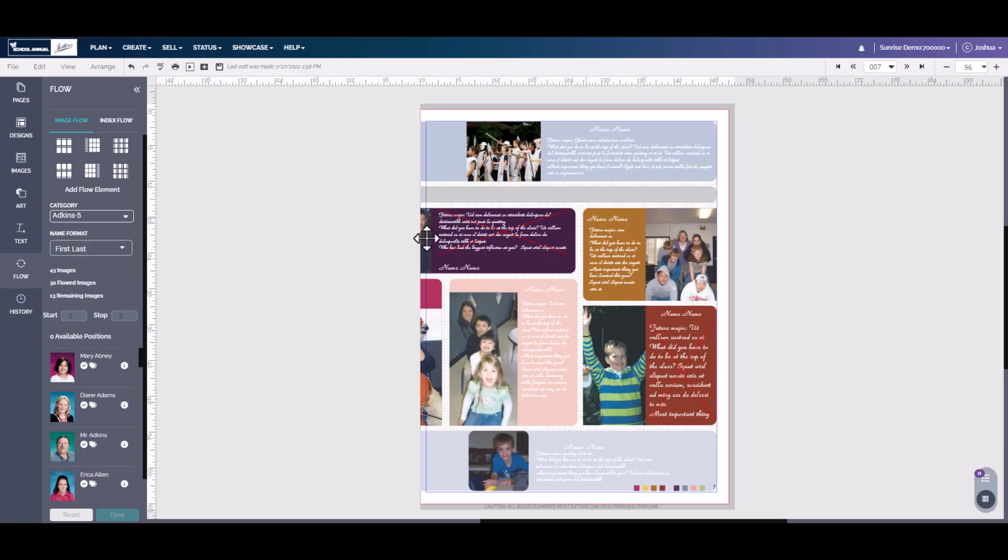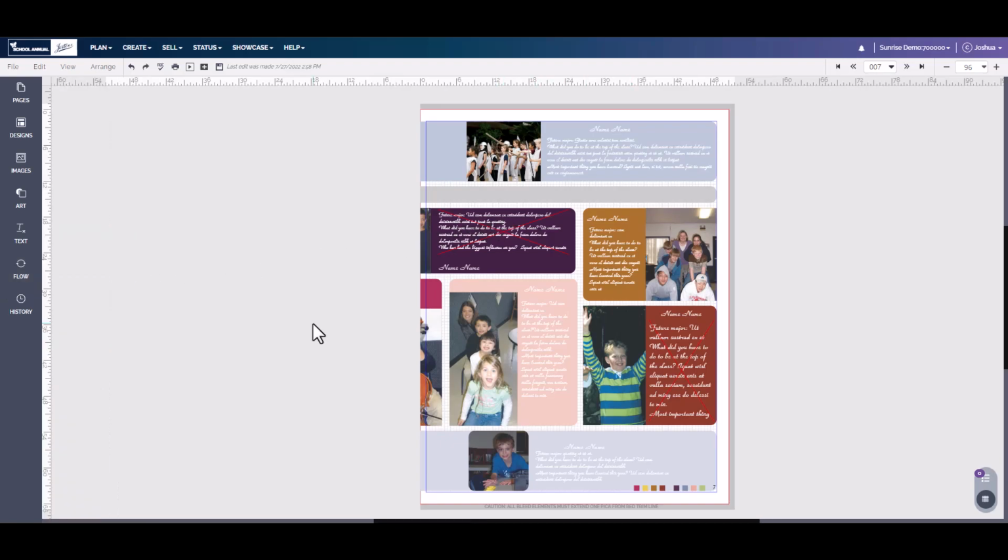And this is what to do when you see a red X over text. When you see a red X over text, that means that the text box is smaller than the text that